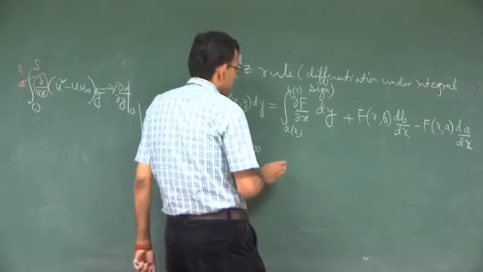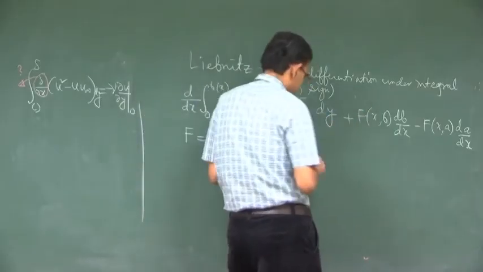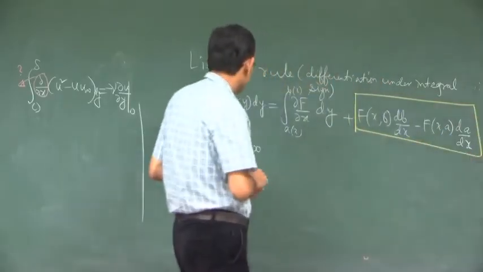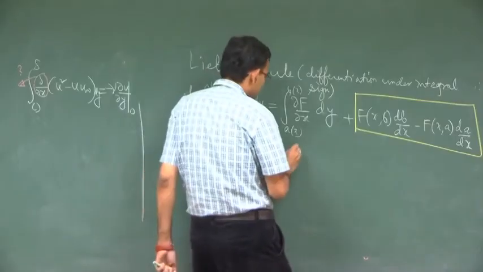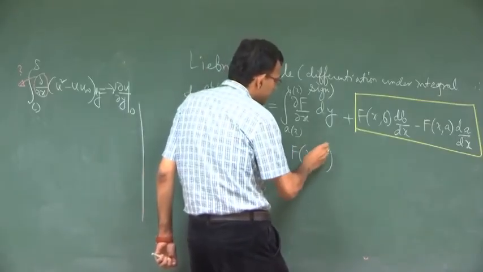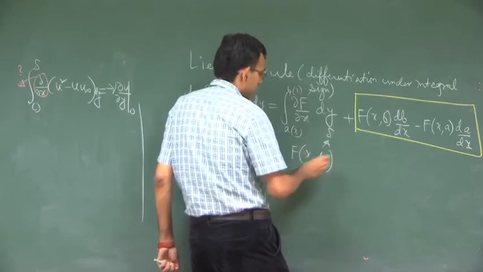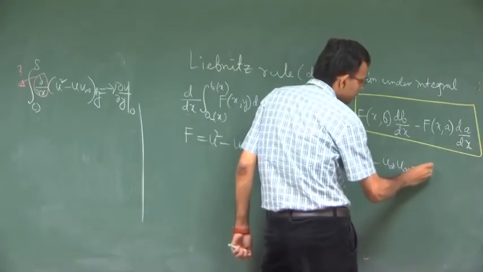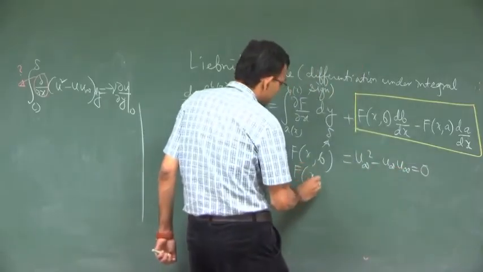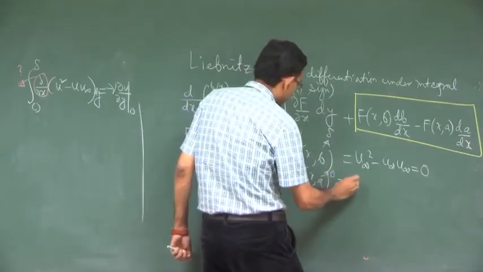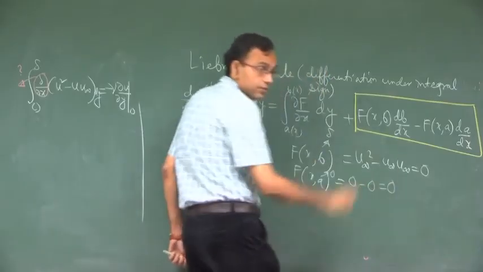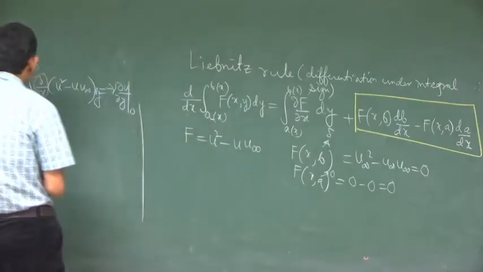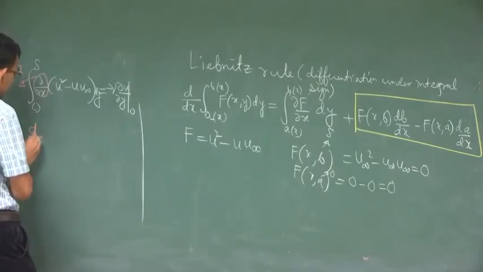So, the correction terms: you can clearly see that f at y equal to delta is equal to u infinity square minus u infinity into u infinity, which is 0, and f at y equal to 0 is equal to 0 minus 0, which is 0. So, the correction terms become 0, and therefore, in this case you can write this as